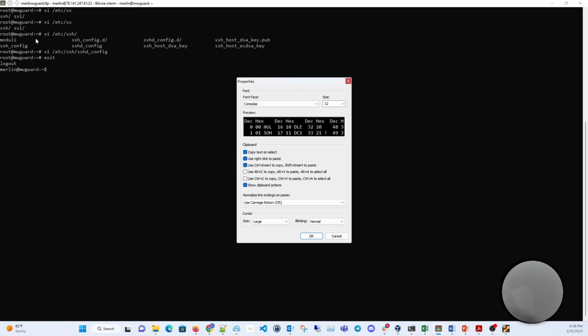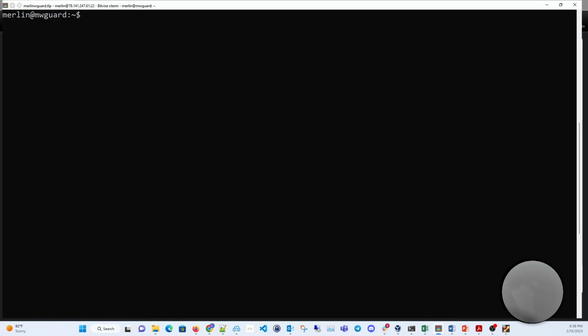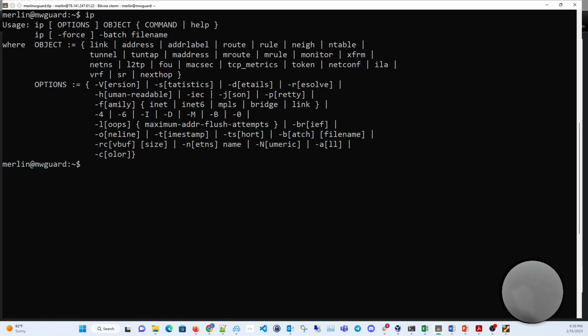So the client I'm using is called Bitvise. I used to be a fan of PuTTY, but Bitvise has better features. So I'll type the IP address. If you type ip, it tells you the other options you can use. So ip adr,